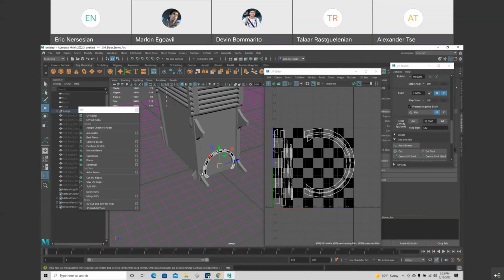In fact, Chris might guide you one way or the other to prepare for Substance Painter. So it's okay to take a bunch of objects and scale down their UVs, and they're all sitting in this one UV space, and their UVs are really small because you might have a larger texture space. You might have heard of 1K, 2K, 4K textures.